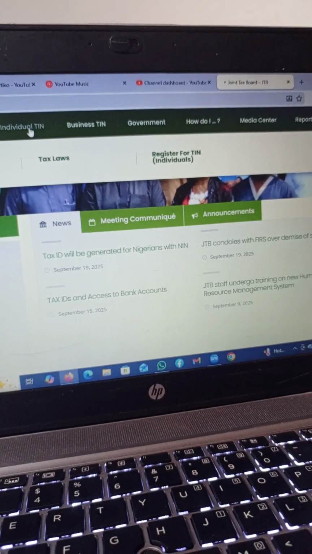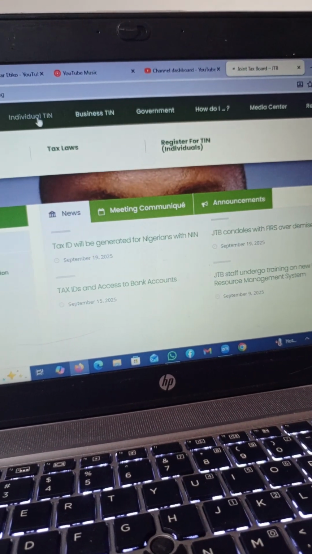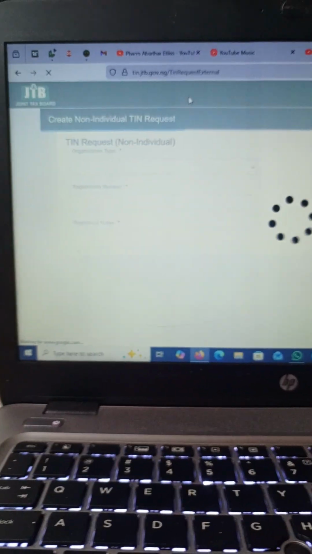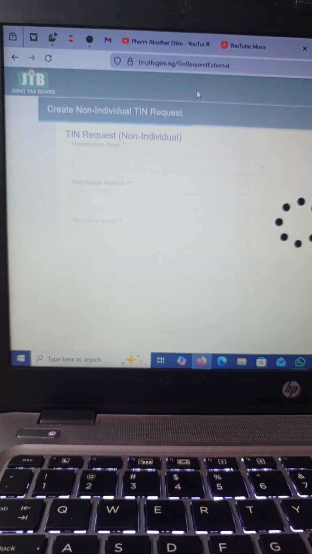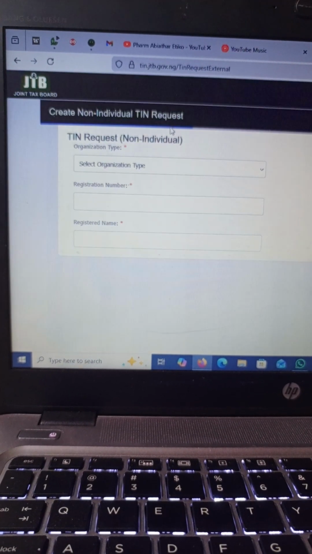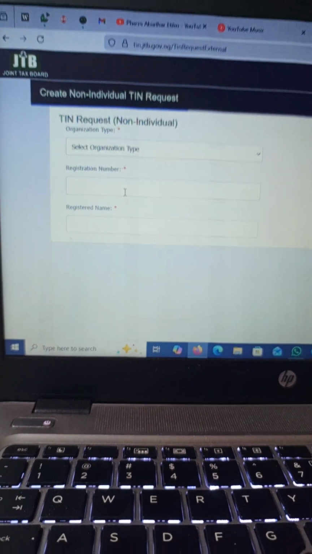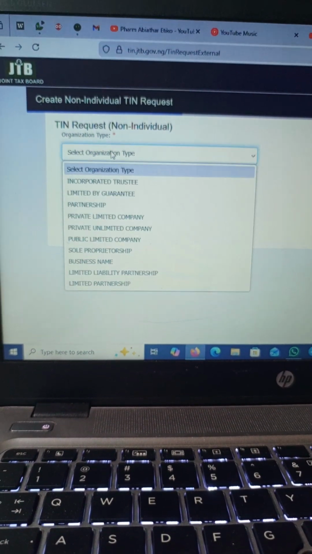So it's loading. When it loads, you will see. So you see. Okay, I later clicked on business non-individual TIN. So here you will come and you put your